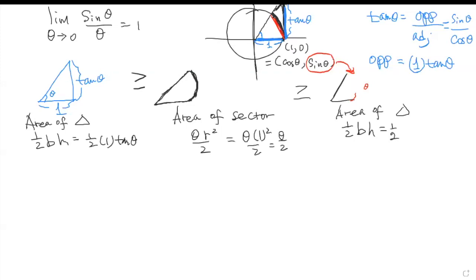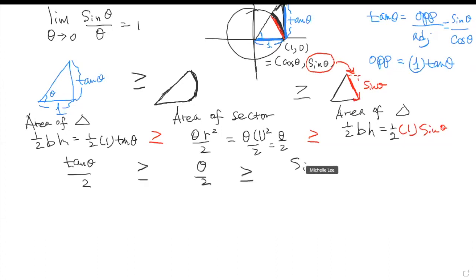So is it still just 1? Yeah, it's 1, right? Okay. So this is sine theta. All right, then this is 1 and h, which is sine theta. Okay. So look. So this will be tan theta over 2 greater or equal to theta over 2 greater or equal to sine theta over 2,